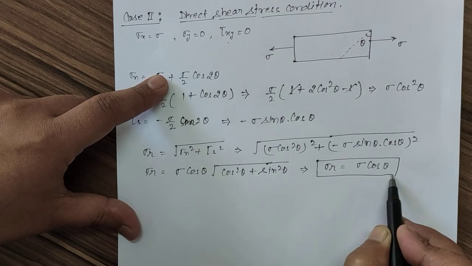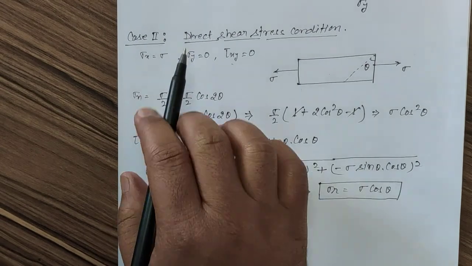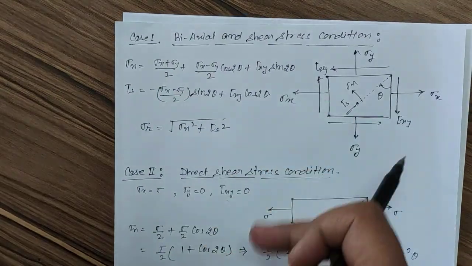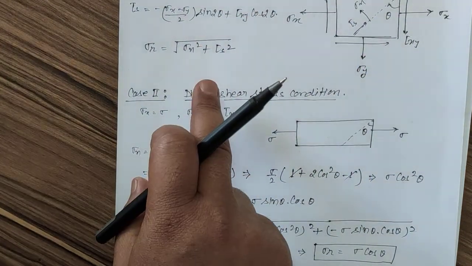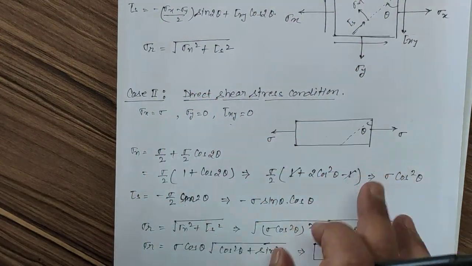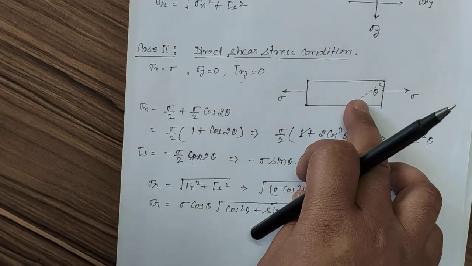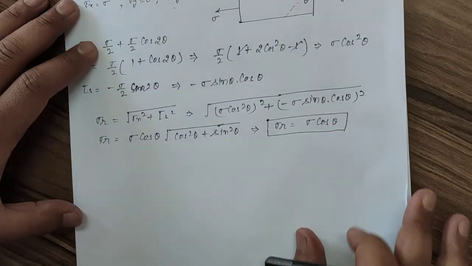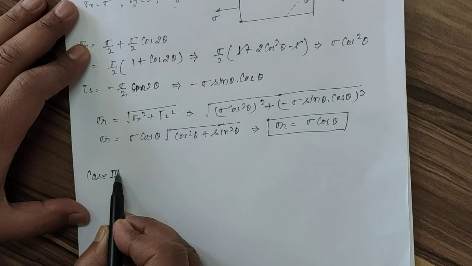Okay. So the objective was to determine the value of normal stress and shear stress for a particular condition, and the condition is the direct stress condition. First we have derived for the generalized condition. Now we are putting the cases. This is for the generalized case, case 1. Now in case 2 we have taken only one stress, in the x direction. With the help of this we can calculate normal stress and shear stress on a particular plane, and the location of the plane is given here. Now we can go to case 3.